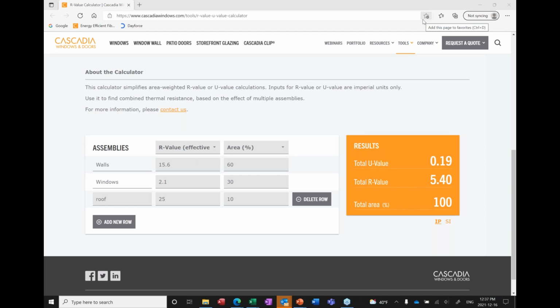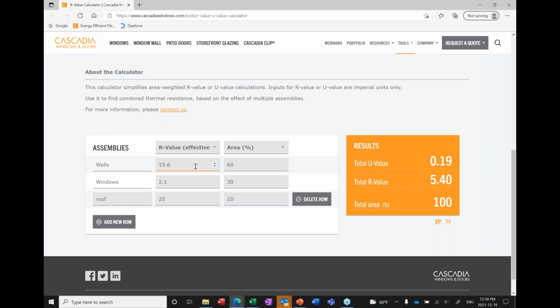So remembering that we are targeting an R8 for the midpoint of this to get the envelope working effectively, and obviously we're not there. So we need to address the issue. We need to address the assemblies here and figure out how can we get this to R8.